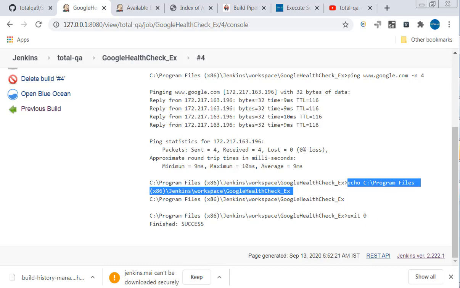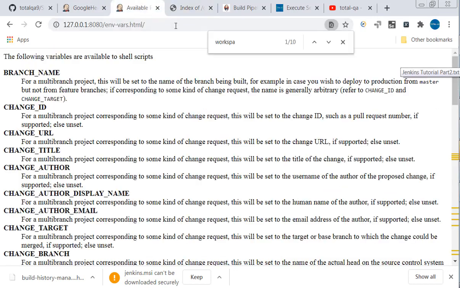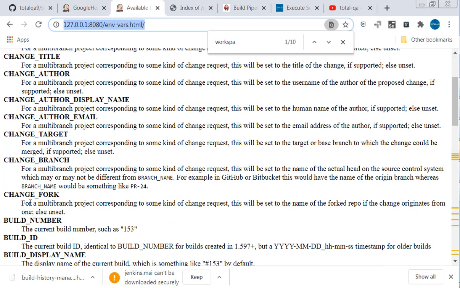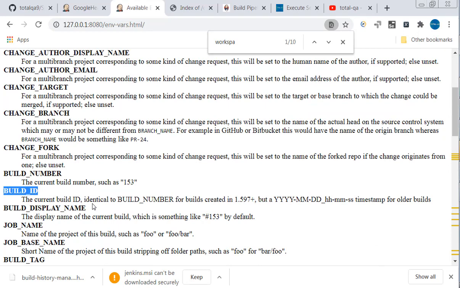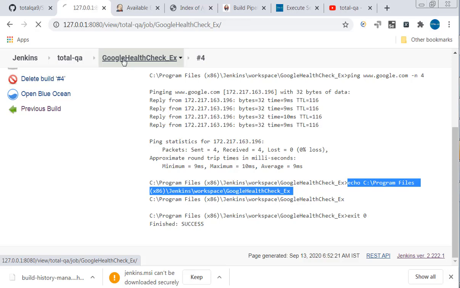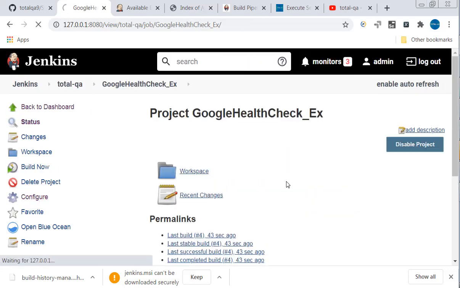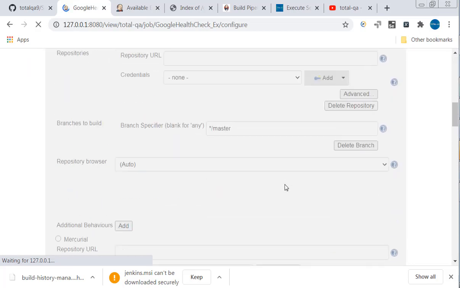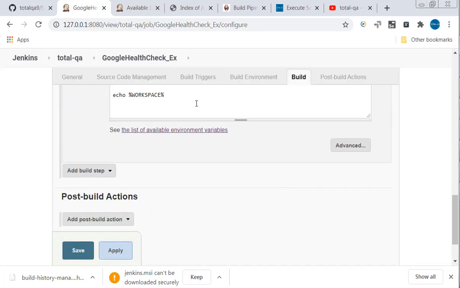Okay, so this is the advantage. This is the path. Suppose, for example, we need to know the current build ID. If you want to print it, copy this, go to the job configuration, here echo percentage the build ID percentage, click on apply, save.